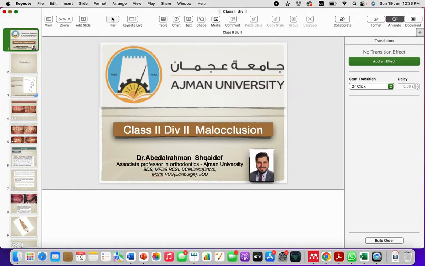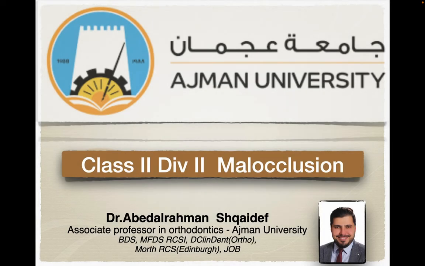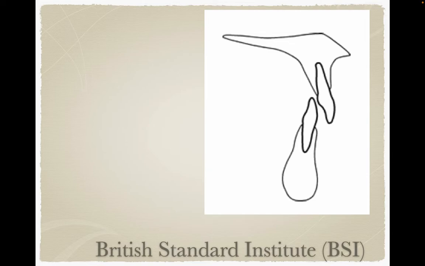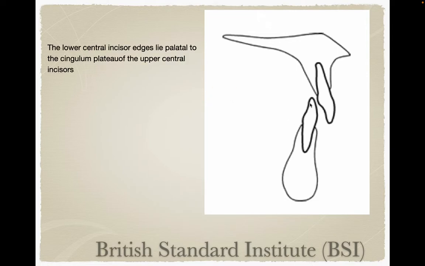Today is about Class 2 Division 2 malocclusion. Last lecture we discussed Class 2 Division 1, and today we will discuss Class 2 Division 2. According to the British Standards Institute, Class 2 Division 2 is when the lower incisal edges occlude palatal